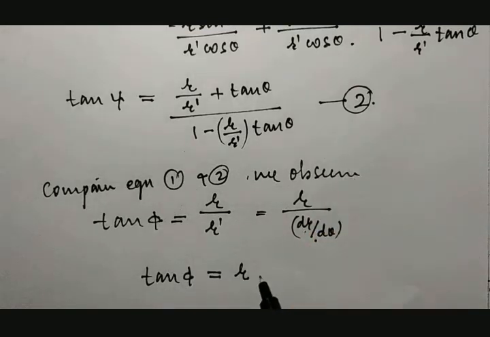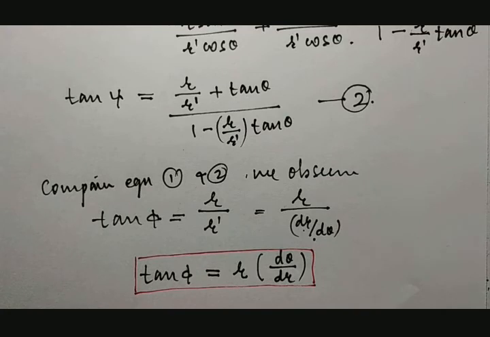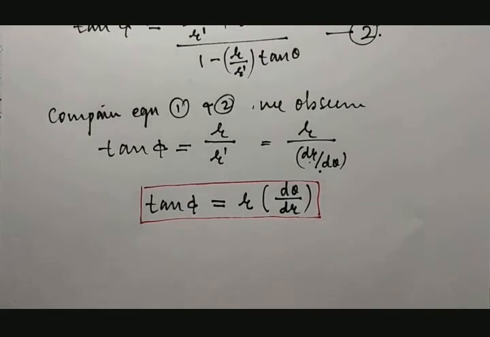If it is taken to the numerator, it becomes d theta divided by dr. This is one important result. So tan phi is equal to r into d theta by dr. This is one result. Suppose you take its reciprocal,